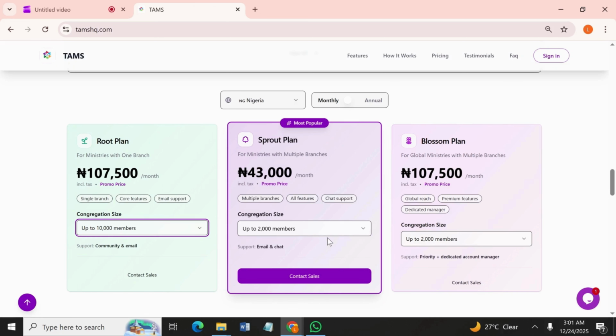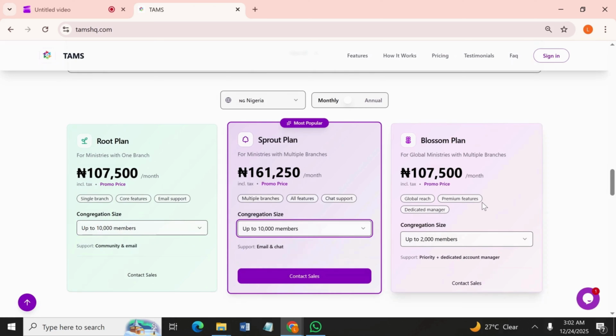The same way you toggle these different membership sizes, the pricing changes just like that. Under the Blossom plan, you have the same capability. The difference is you are now supervising churches under your ministry and the operations across multiple countries. So what that simply means is your pastors are members of your organization or your church, and they have access to the platform, and as they feed data to the application, you also have access to that information.